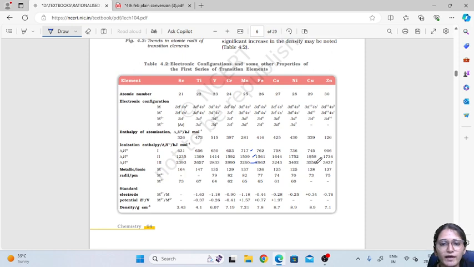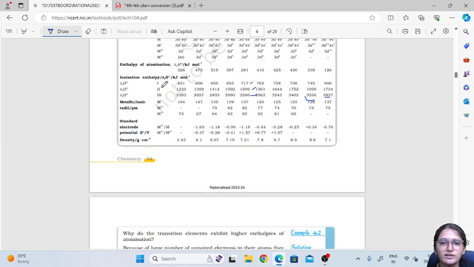In copper we have third ionization enthalpy. That is, first ionization enthalpy will be what? When you remove the first electron. Second ionization enthalpy when you remove the second electron. So here also that ionization enthalpy is very high because the copper is in its stable electronic configuration. Similarly with zinc, we have a very high value for ionization enthalpy. So if they ask why they have high ionization enthalpy, then the reason will be this.